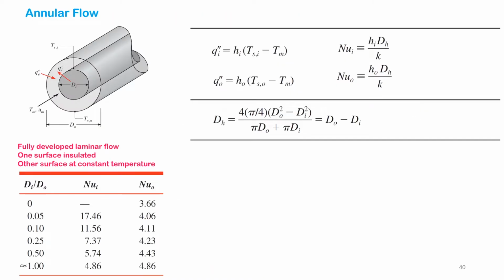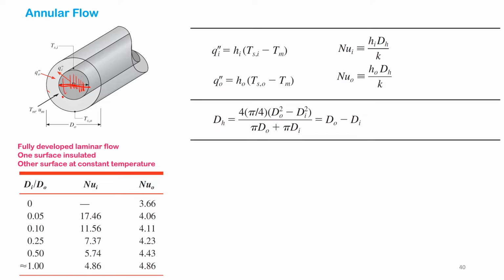So the next situation is, what happens if you have an annular flow? Let's say we have a solid core, and then flow is between this core and the shell. And how do you calculate the Nusselt number? So as you can imagine, we have two diameters here, inner diameter, outer diameter. So you take the ratio of the inner diameter and outer diameter, and you read,